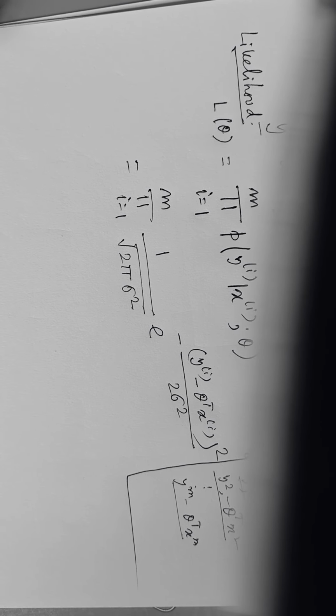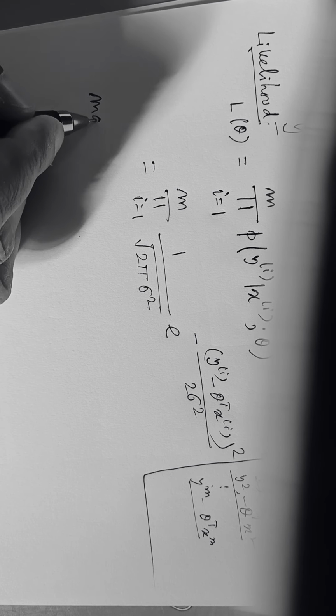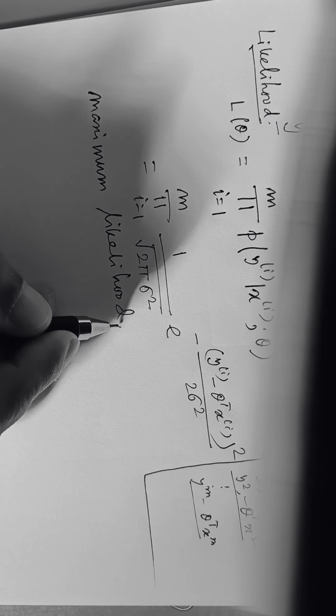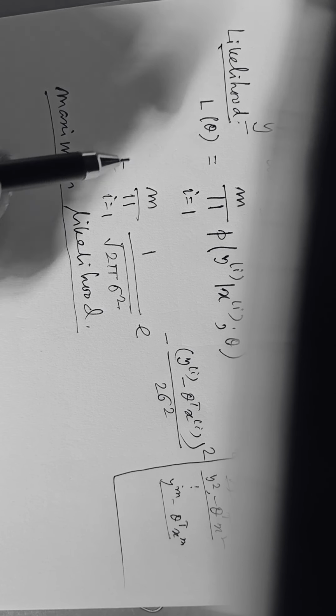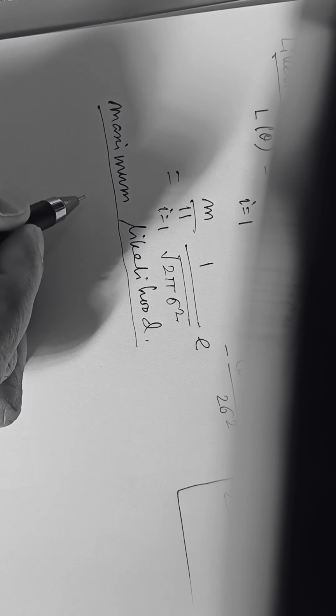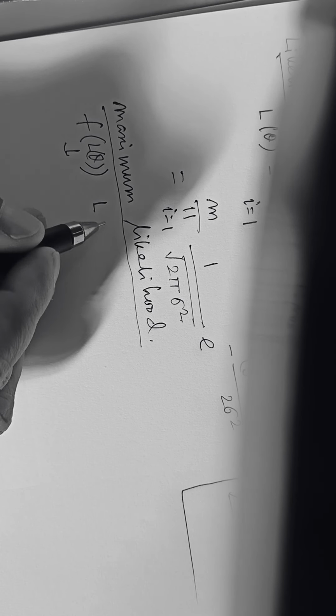Okay. So again, the target is to find the maximum likelihood of this function L theta. Now the problem is that if we go for finding the optimum solution of this product term, it will be very complicated. So if we can apply any positive function here, then we can say that any positive function, say f of L theta, is maximum when L theta is maximum. F of L theta is minimum when L theta is minimum, and vice versa.